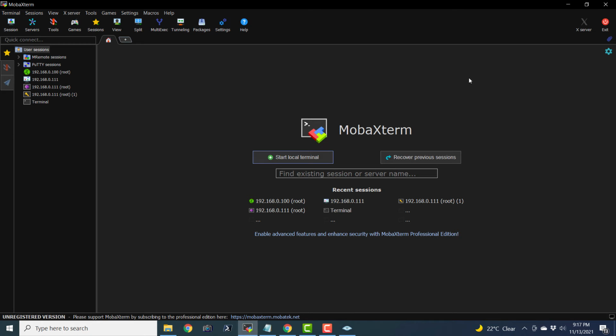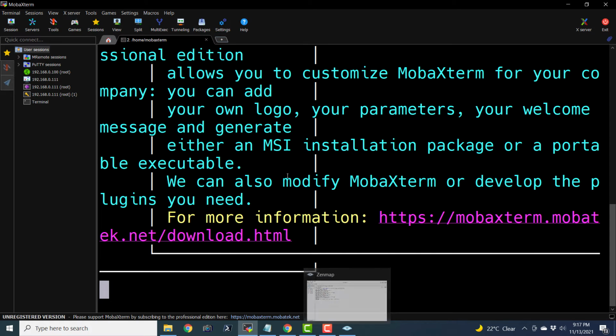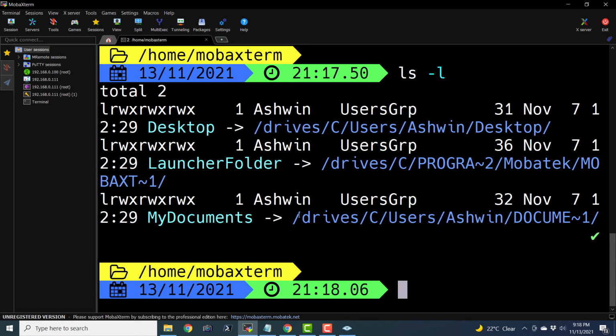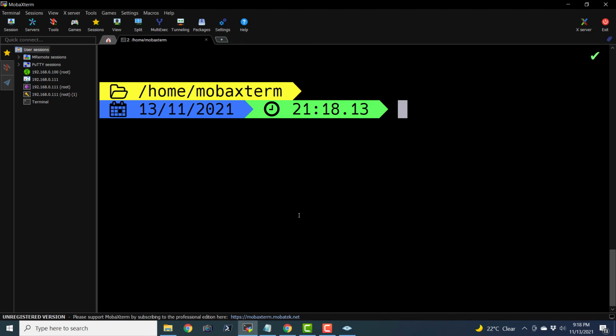So remember that. Now this is the interface of the MobaXterm utility. We can launch a local command terminal like this, and it is probably going to allow us to run all the CMD commands as well as all the PowerShell commands. So this is kind of a shell for Windows. You can even try time-tested Linux commands here, and it is going to show us all those things. So this is the specialty of this MobaXterm client, that it is not only for remote SSH, it can also be used for your local machine.